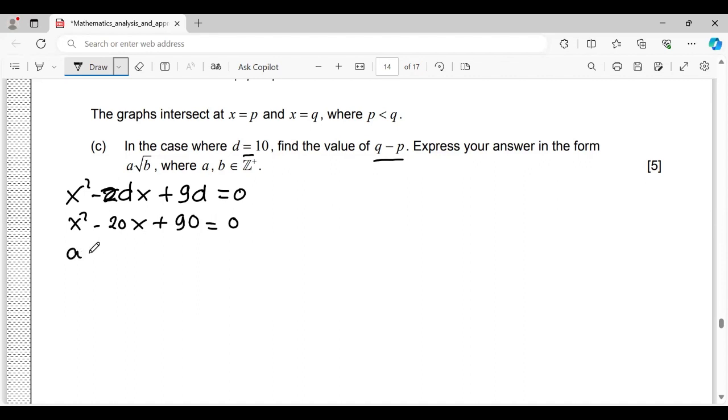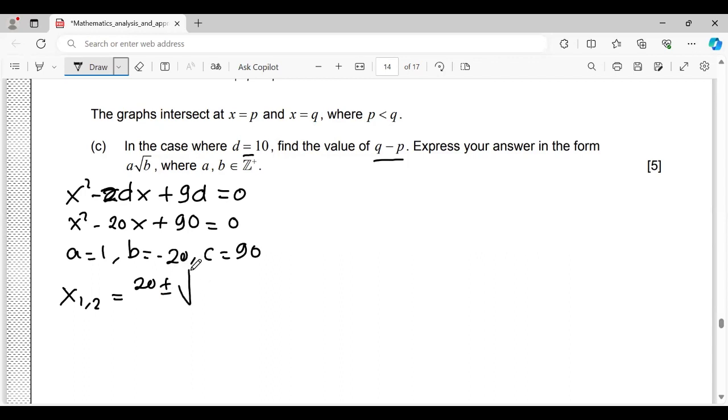So a equals 1, b equals minus 20, c equals 90. So x1 and x2 we get from the formula,